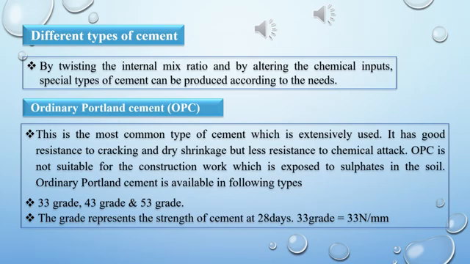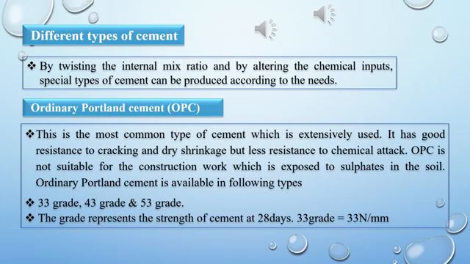This is the most common type of cement, which is extensively used. It has good resistance to cracking and dry shrinkage but is less resistant to chemical attacks. OPC is not suitable for construction work which is exposed to sulfates in the soil. Ordinary Portland cement is available in the following types: